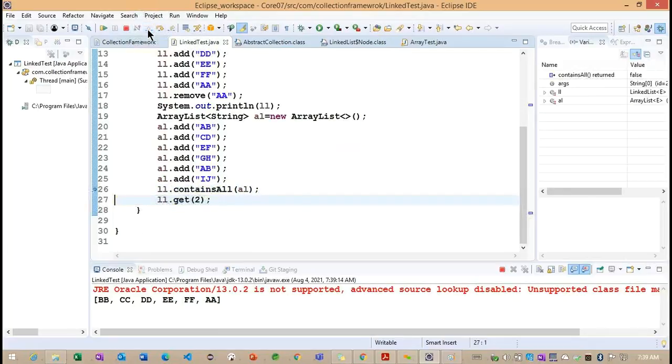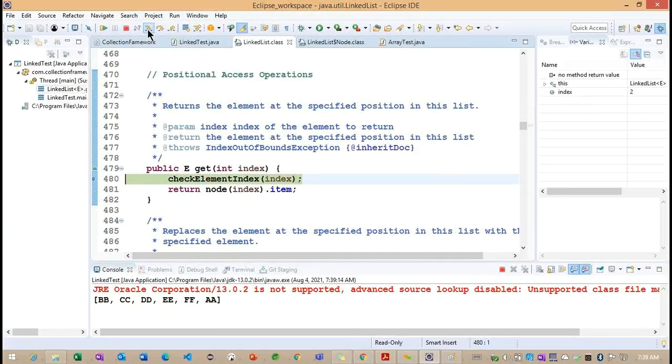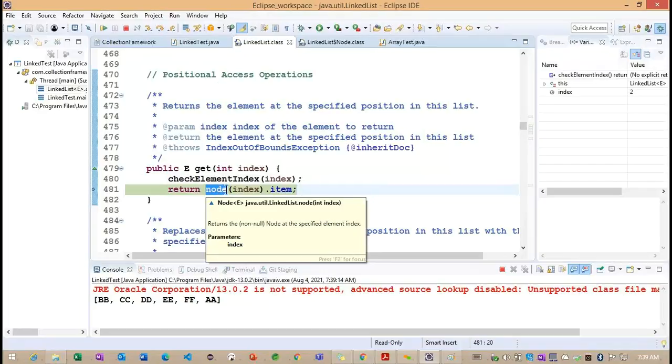So containsAll we identified, the get method we are checking. Now you can see again they are checking the element index. This method we already identified multiple times. This method is not returning anything. The node method also we identified.